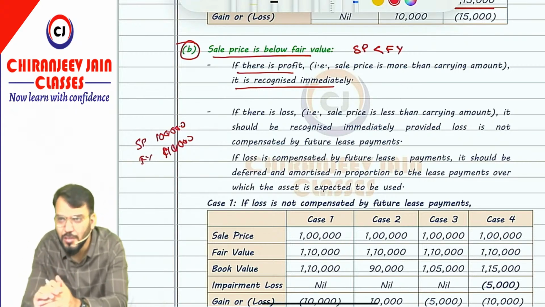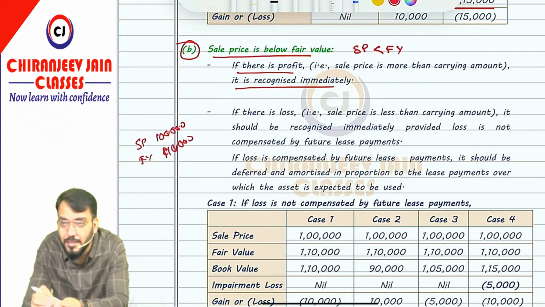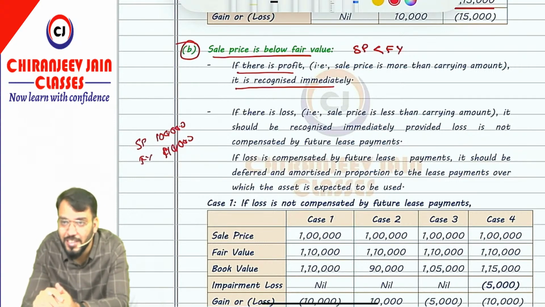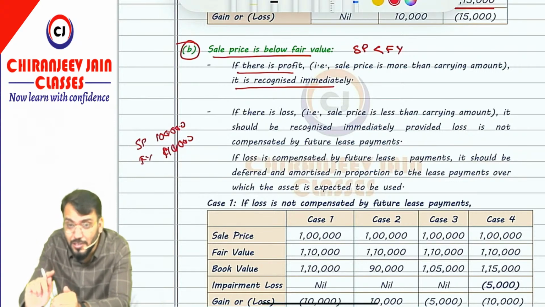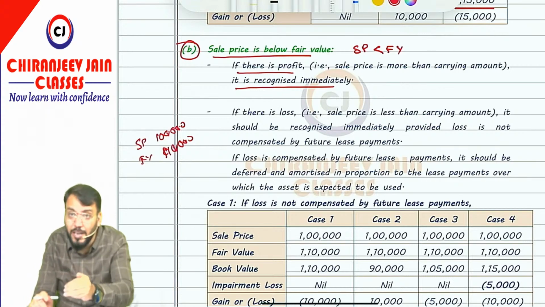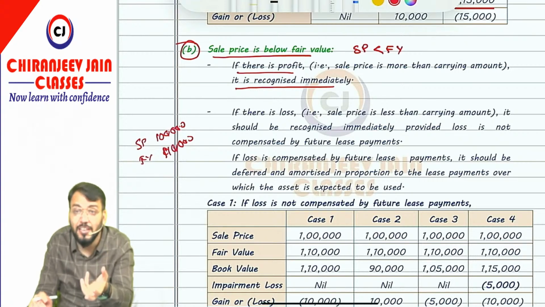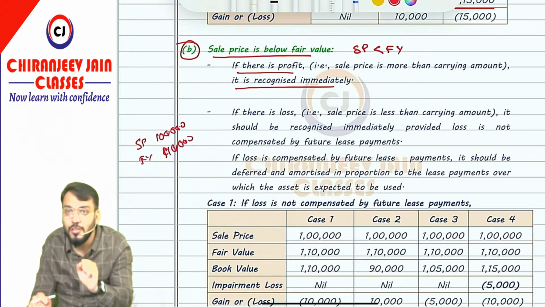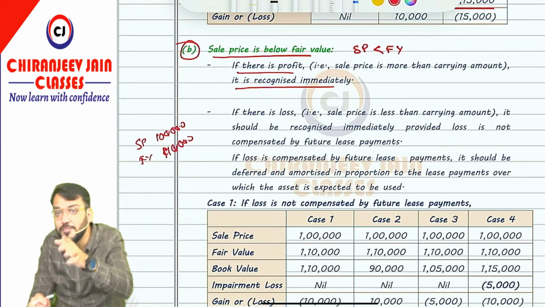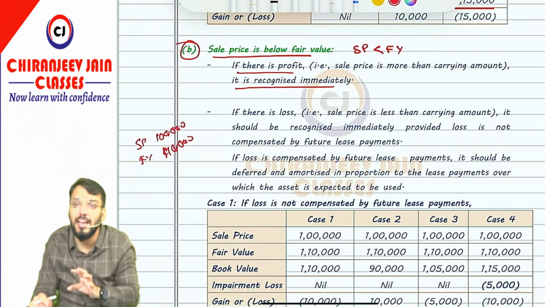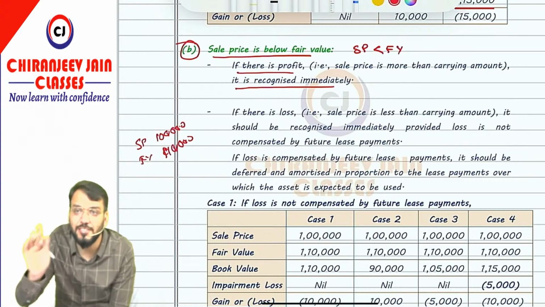Now, can you say why I am getting 1 lakh? Because I am in need of money. If I am in need of money, the other person can exploit me. So they are just giving me sale proceeds of rupees 1 lakh, which is less than fair value. But if the other person is not able to exploit me, I will demand 1,10,000. But suppose I need only 1 lakh, so I will say adjust the future lease payment.